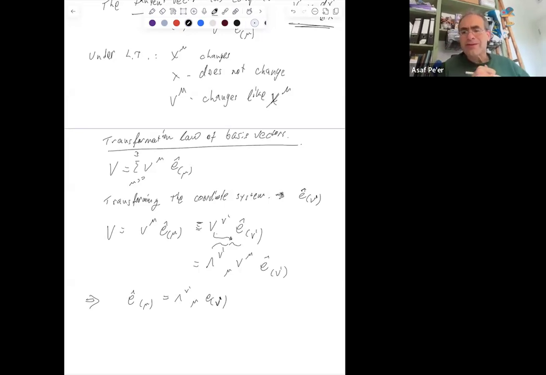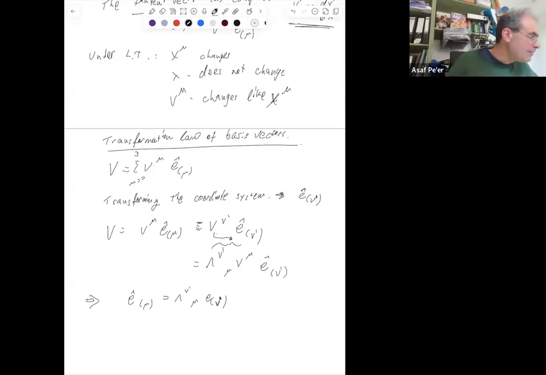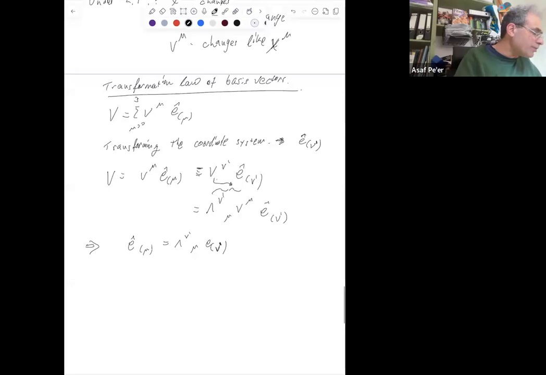It's also a Lorentz transformation, right? If I'm Lorentz transforming from frame O to frame O prime, the inverse is also a Lorentz transformation, but now from O prime to O. Right? So that's why we're going to have a quite subtle notation. So to get the new basis in terms of the old basis,